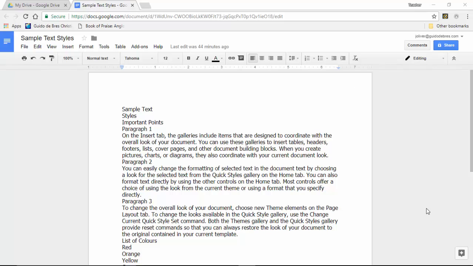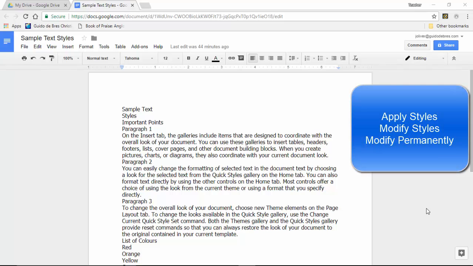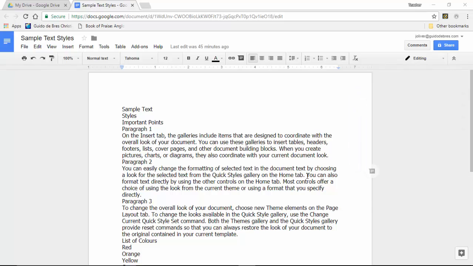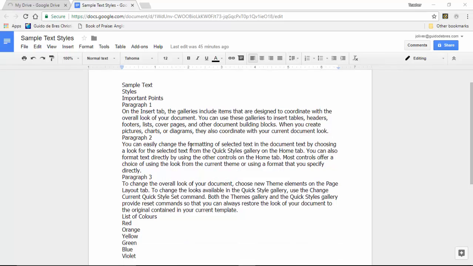What we're going to do is apply styles, and we're going to modify those styles, and then we're going to make those modifications, those customizations temporary, and then we're going to try making them more permanent. So what I have here, and the first thing I'm going to do is just quickly look at it,